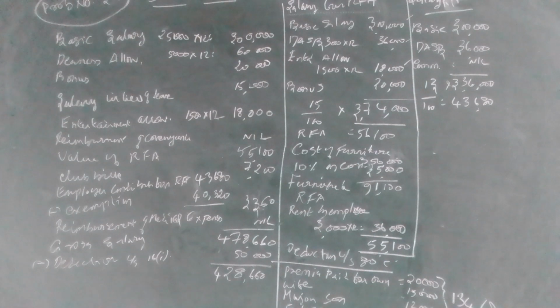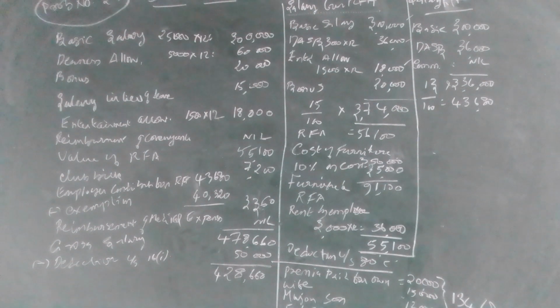Okay. Then another one is reimbursement of medical expenses. Please put a point on this question. Already I told you, reimbursement of medical expenses is taxable, whereas if it is for a notified disease in a government hospital or a government notified hospital, it is exempted. So in this case, reimbursement of medical expenses in respect of a notified disease from an approved hospital is exempted. The total of these things comes to gross salary.